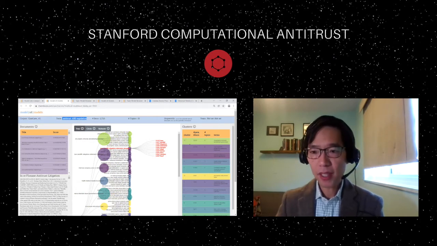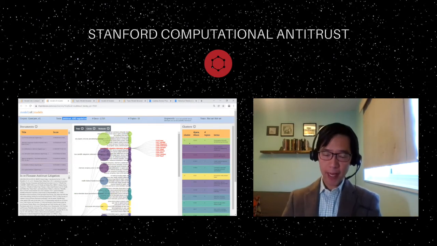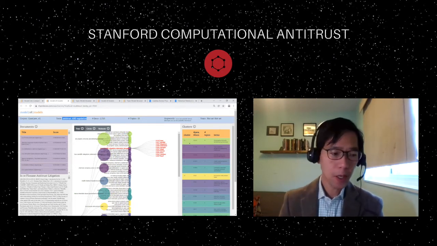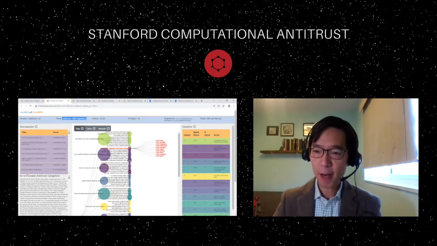And what's interesting here is that when you look at the antitrust regulation corpus, you see that the topic clusters tend to cohere along sectors, so industrial sectors. Here, in this cluster at the top, this light green one, it looks like some sort of an antitrust immunity topic cluster. Then later in this purple cluster, we see some sort of a class action cluster.